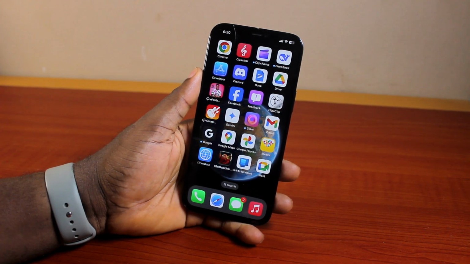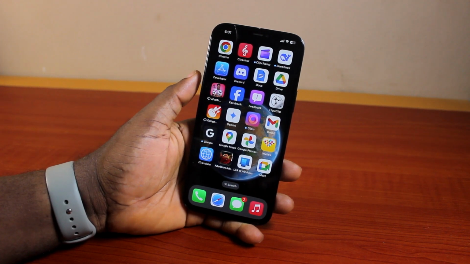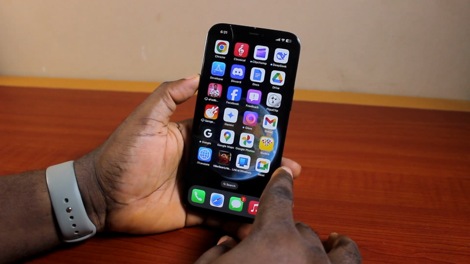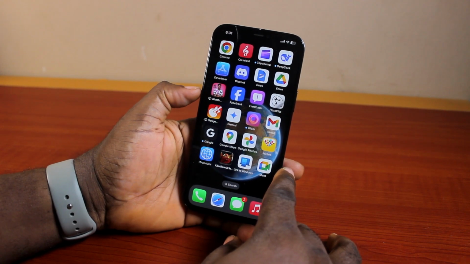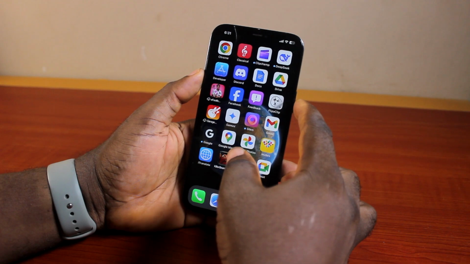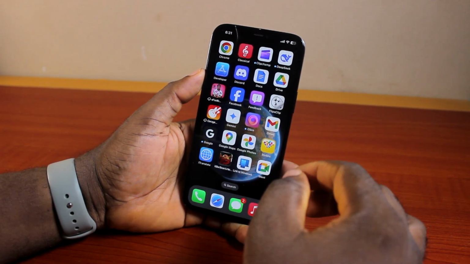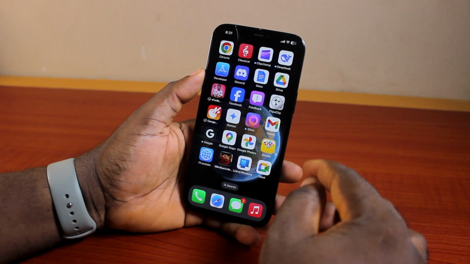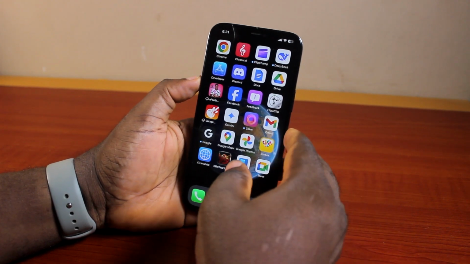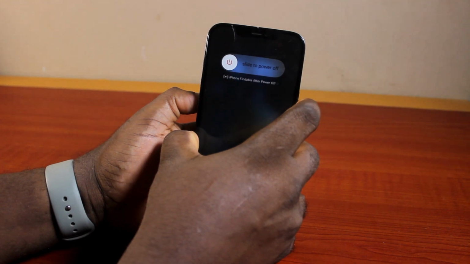Now, the easiest and fastest approach you can use to clear RAM cache or clear your iPhone RAM is to press the volume up button quickly, alongside the volume down button quickly, then press and hold the side button. This is going to force restart your iPhone, and once your iPhone is force restarted, this is going to clear the RAM cache. So volume up, volume down, press and hold the side button, keep pressing once you see slide